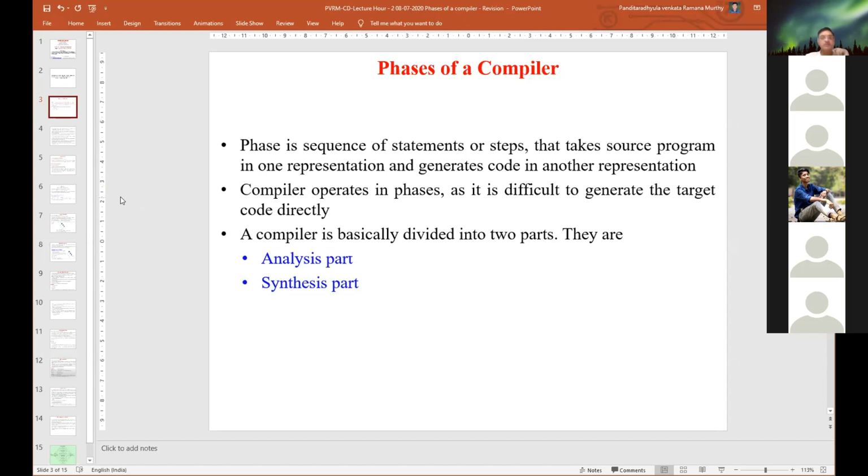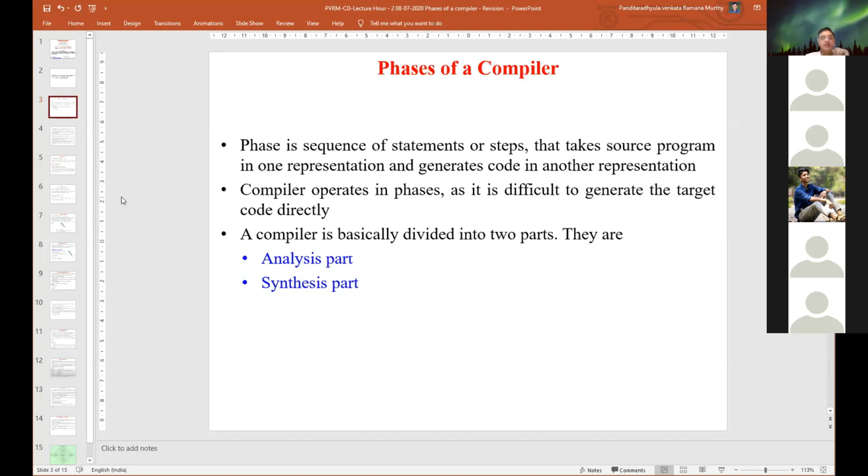So the compiler operates in phases. We also identified in the last classes the meaning of single phase compiler, multi-phase compilers, and the advantages of performing optimization during the different phases. The only thing is the compiler operates in phases.